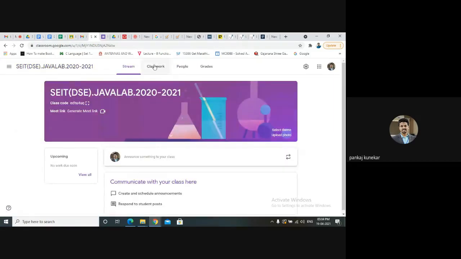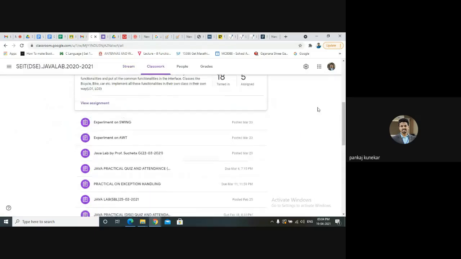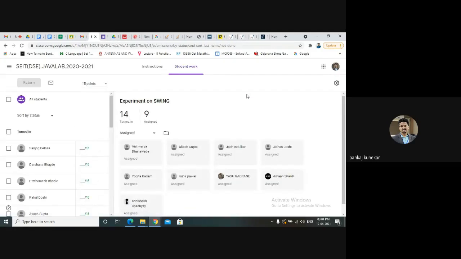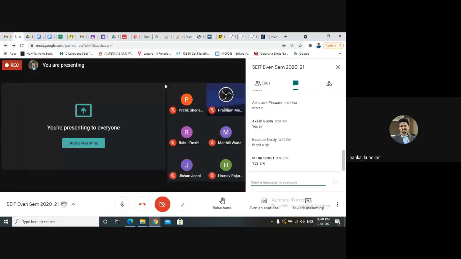If you are in the meeting, just submit your work as soon as possible till today 8 p.m. This one is AWT or applet: Aishwarya, Akash, Jash, Jishan, Yogita, Mihir, Yash, Aman, and Abhishek. If you do not submit the work, you will get less marks. You have to submit term work to get the marks submitted to the exam cell.